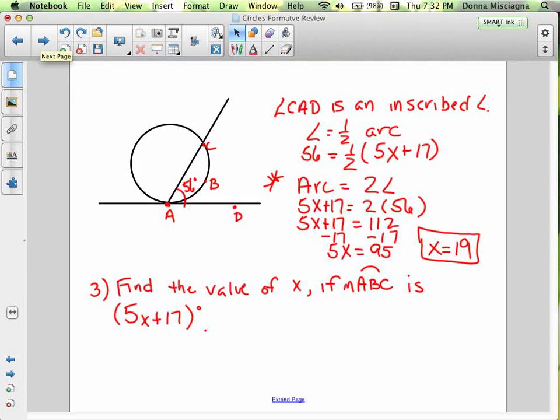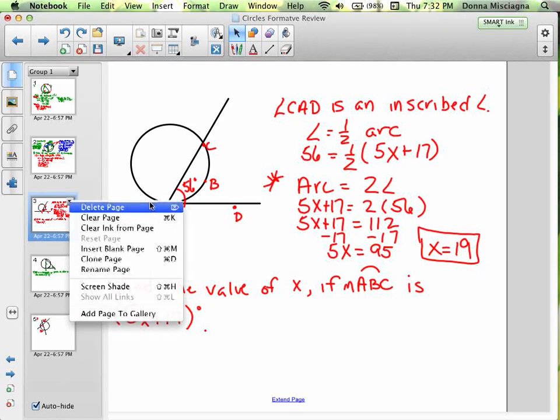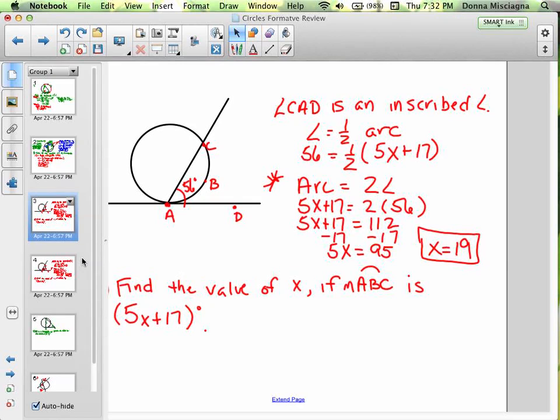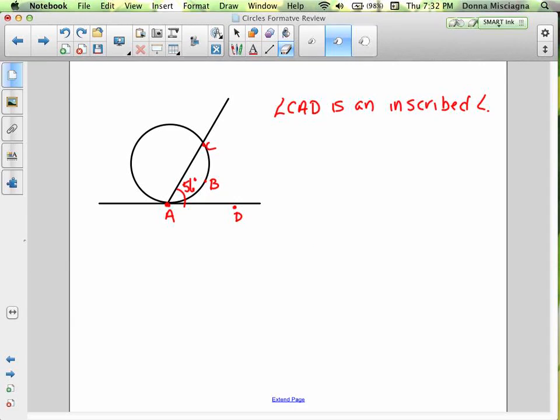Right? And let's do this problem one more time, but I'm going to change the values, just to show you one where maybe you could distribute if you wanted to. All right, so this will still be, and we'll keep the 56. It's kind of nicely put in there. And let's just say, find the value of x